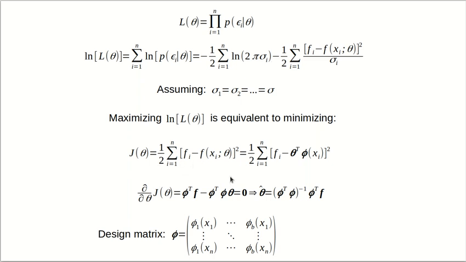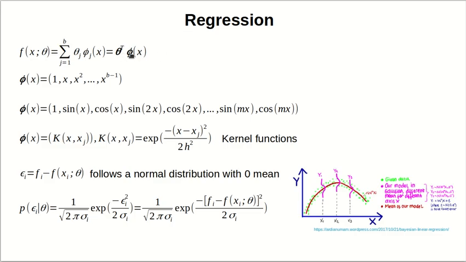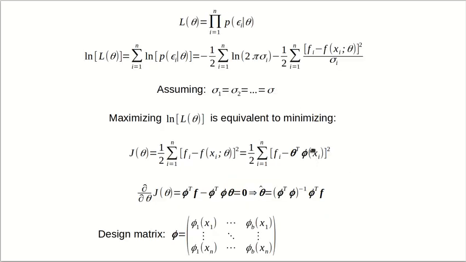right? And considering this prediction, f can be expressed as this linear algebra operation here, theta transpose phi, which is this particular weighted summation of the basis functions, right? And the basis functions are evaluated at the training data, xi. And this J theta is just going to be a function of theta. Now you take the derivative of J theta with respect to theta, and that's going to give you this